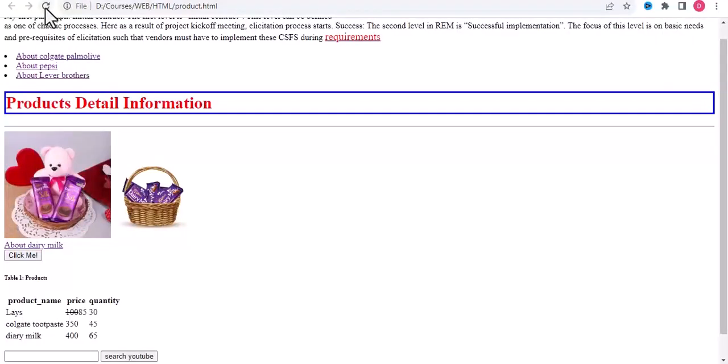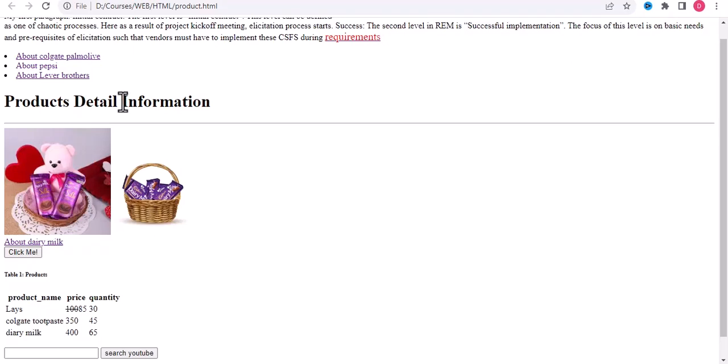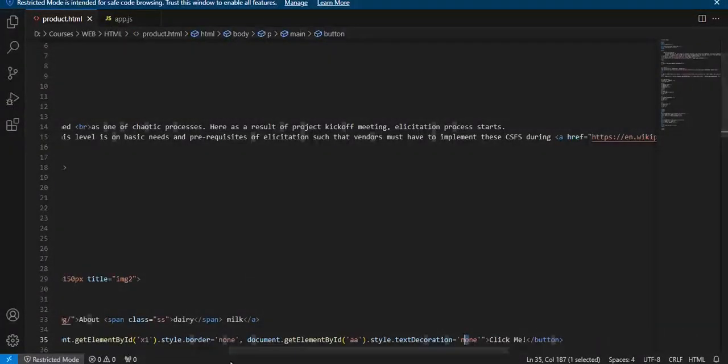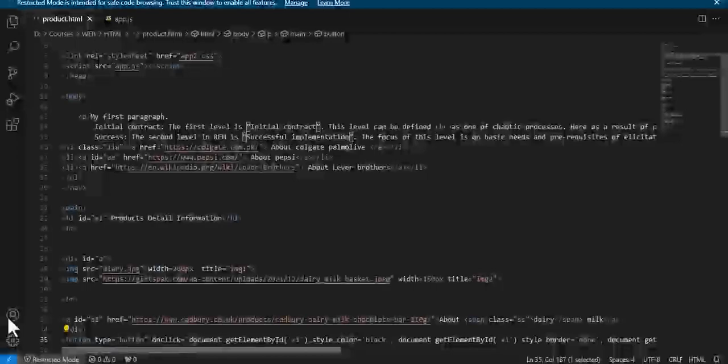If we refresh it, it is underlined. When we click it, not only this one changes, but this one also changes, and text decoration is now none, so it is not underlined. If we want to make it for all of these, we will easily assign it to some common class, like we make